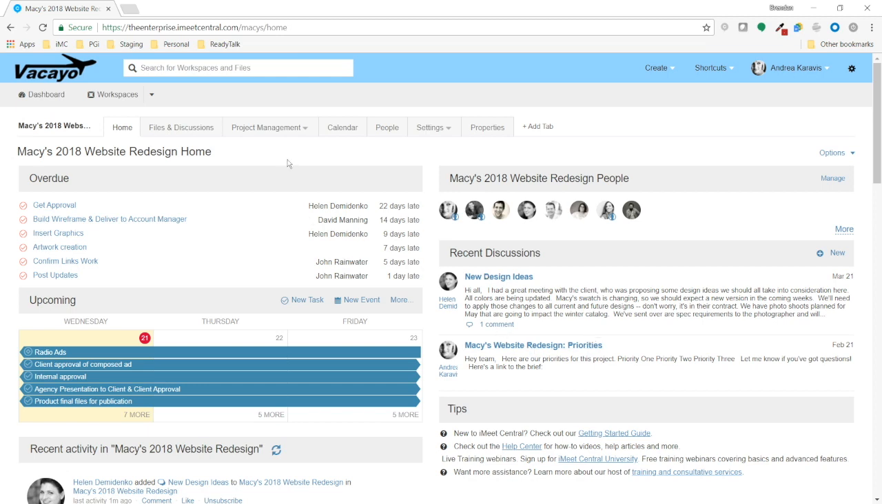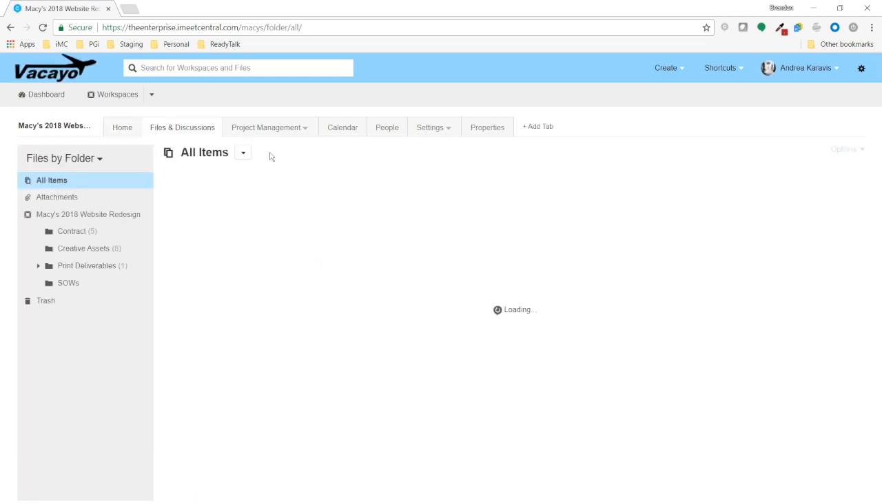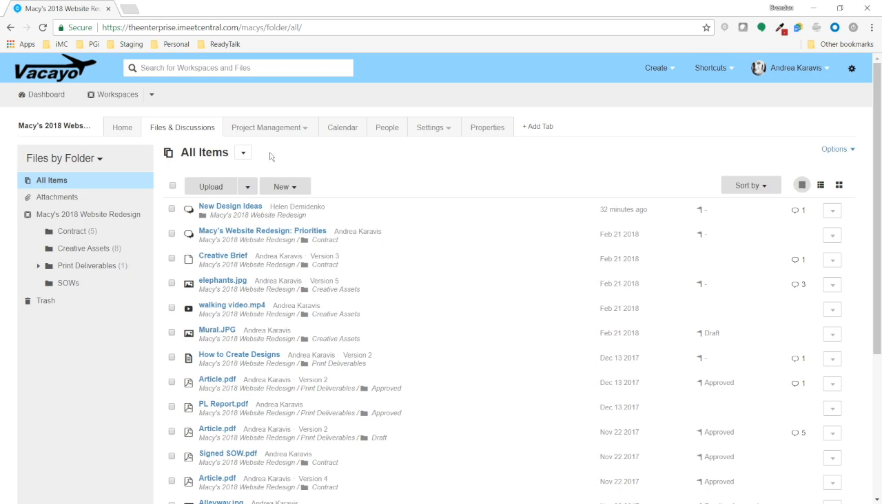The Files and Discussions tab is where you are going to upload and participate on files that you upload from your computer into the system. When you click on the Files and Discussions tab, you're either going to land in one of two places. You're either going to land on the All Items list, which shows you all of the files that have been